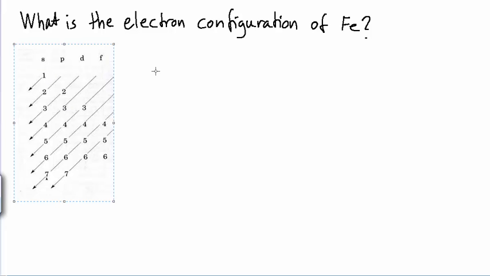Since the electrons populate the atomic orbitals from the lowest energy to the highest, we can simply write the electron orbitals from the lowest energy to the highest and add the appropriate number of electrons to each orbital. Now to do this for iron, I start in this location where we have the 1s orbital.